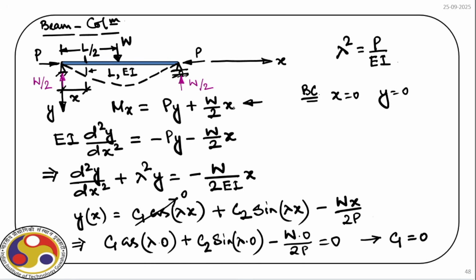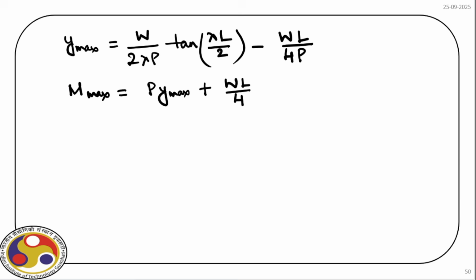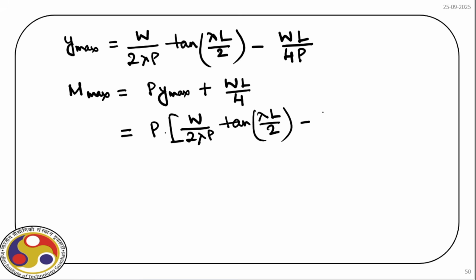We have W by 2 times L by 2, so that is WL by 4. So we have P times, in place of Y max we can write W by twice lambda P tan lambda L by 2 minus WL by 4P